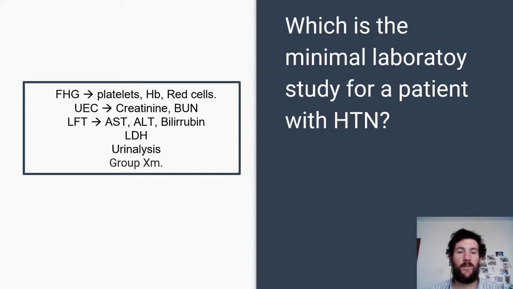Well, here we have in front all the tests that we need to take, the minimum tests that we need to take for a patient that we are suspecting preeclampsia. That is full hemogram, urea, electrolytes and creatinine, liver function test, LDH, urinalysis, group and cross-match. That is the answer. Why the full hemogram? What do we need to look at? The platelets, they change in the HELLP syndrome. The Hb changes in the HELLP syndrome because it comes down, and also changes in the preeclampsia because it can also be hemoconcentration. The red cells,